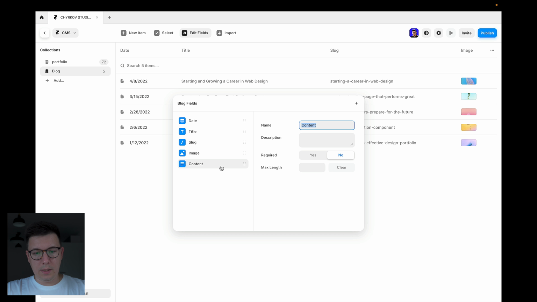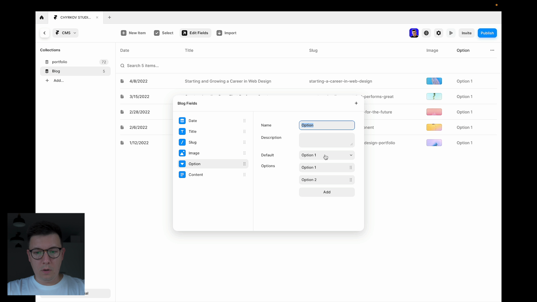And then we can use the content, but what we need to do is add our type, or the category of the blog page. So we press plus and we use option. And then this option will be changing the option 1 to articles. And the second will be changing to resources. Okay, it doesn't matter what it says for default, because we will be changing it all the time. And well, I want to call it category or type,